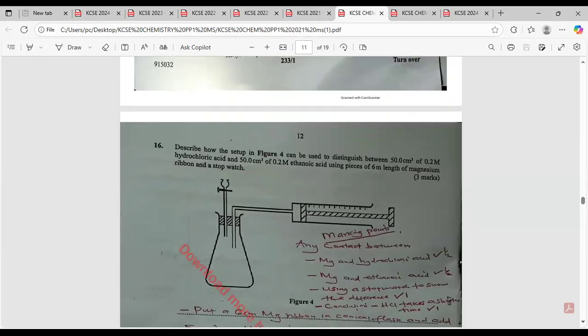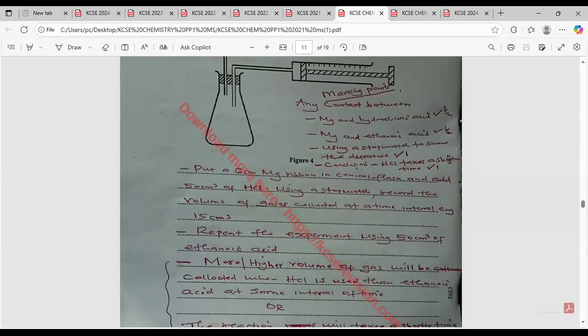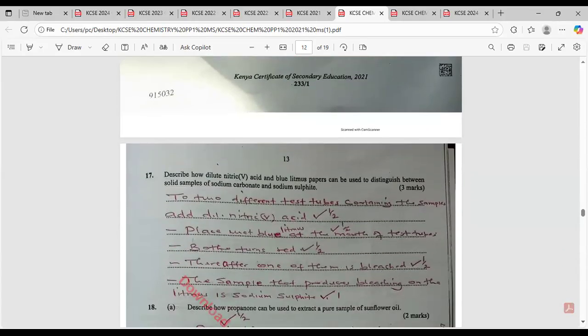There is another one here. You are told, okay, this one is for reaction rates. Another question is here. Describe how dilute HCl and blue litmus paper can be used to distinguish between solid samples